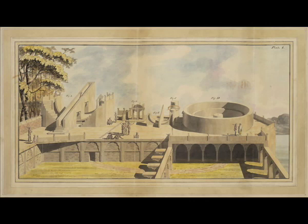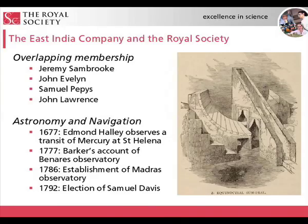Barker adopted a view that became widely held among Orientalist scholars, rightly or wrongly, that the sciences and arts had declined in India, and that it was therefore necessary to investigate the older Sanskrit writings on the subject. In 1792, Samuel Davis was elected FRS on the basis of his research in this area, published in Asiatic Researches. He was followed by Henry Harvey, elected for the same reason in